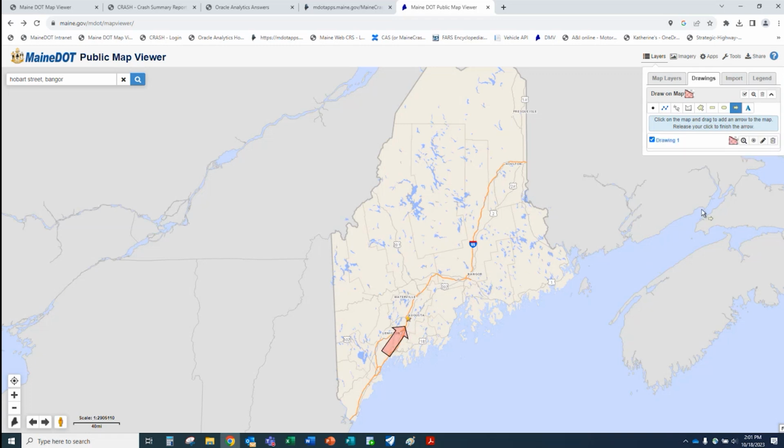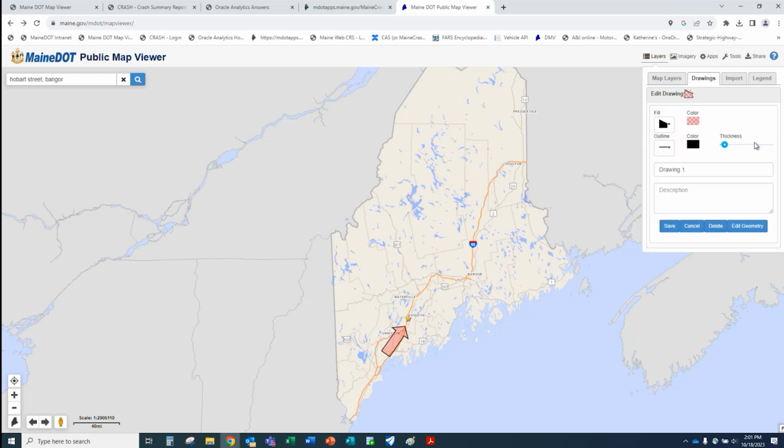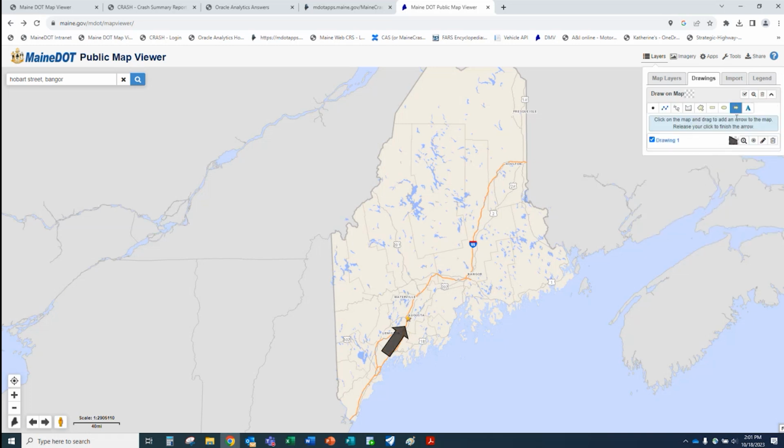I know we're zoomed out; those might be more pertinent when you get to different options. You can edit these. You can change the color from red to black. You can change the darkness from lighter to much darker, and then you can save those options.